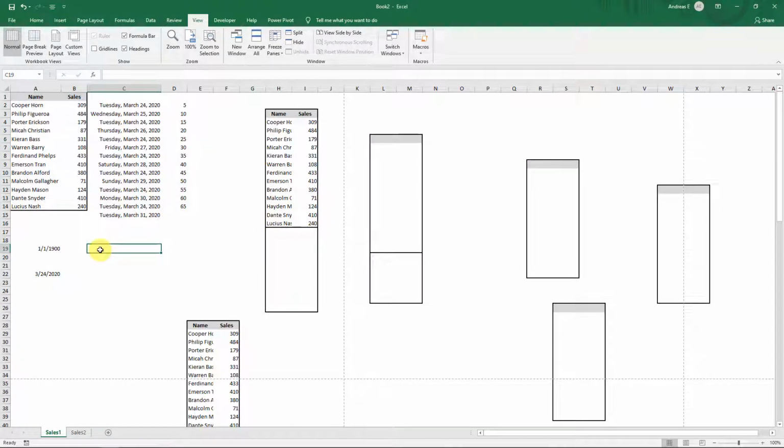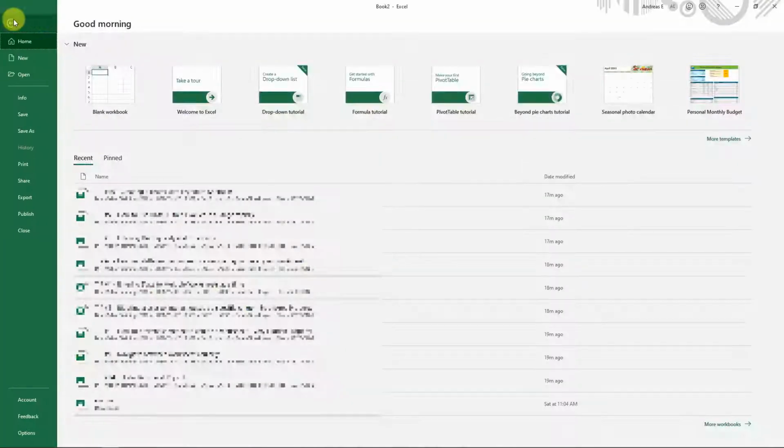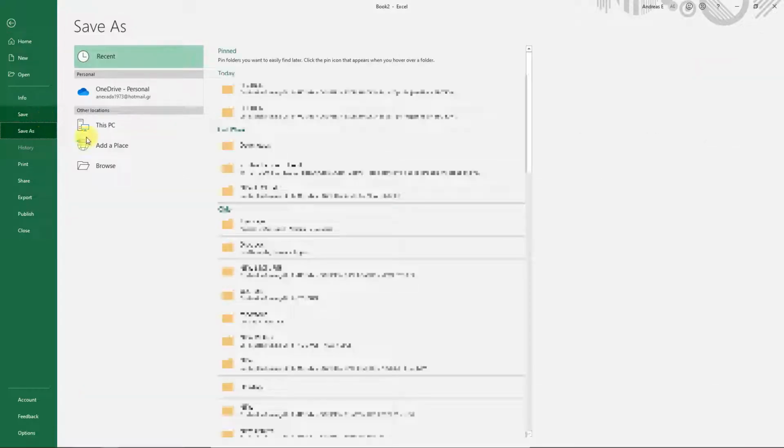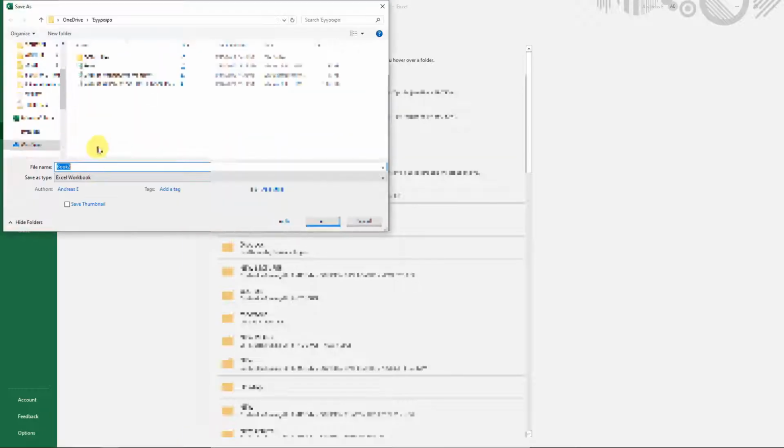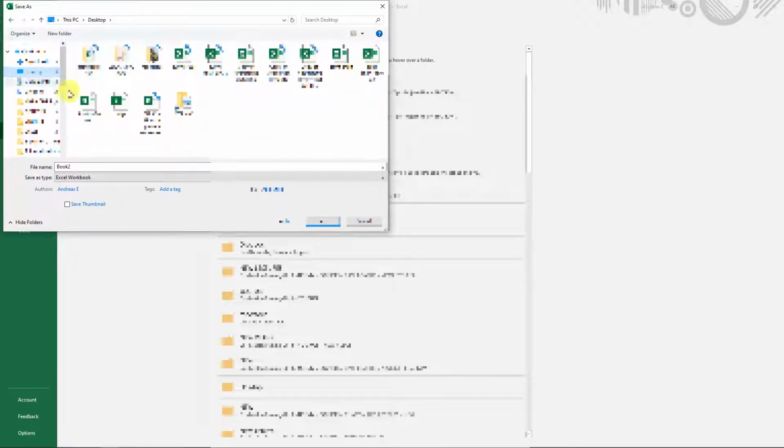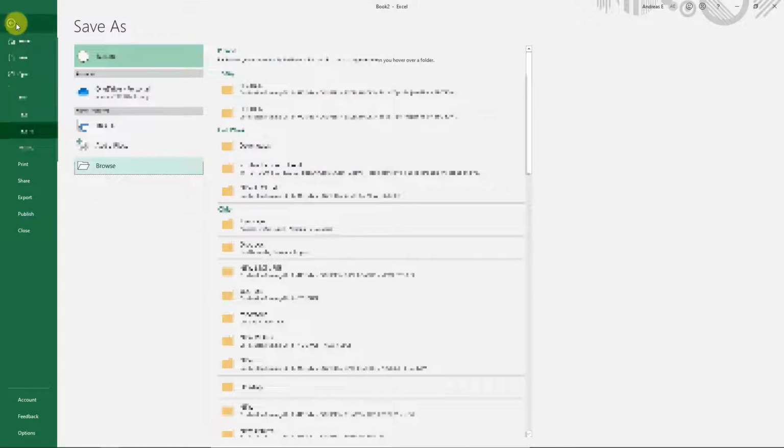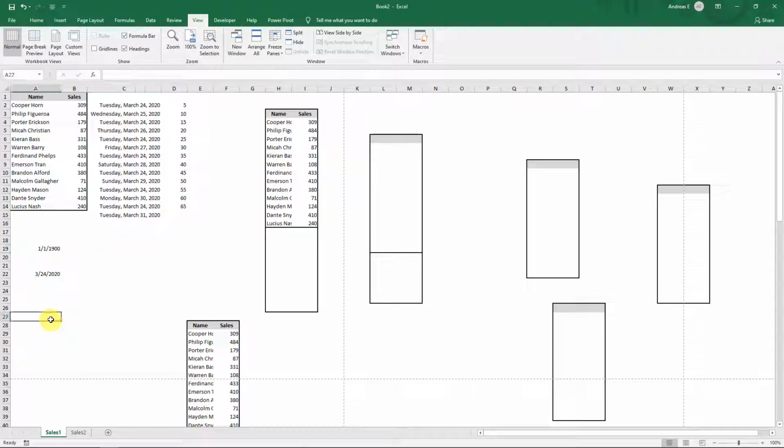Before we close the workbook, we must save the file. So from the File tab, click on Save File and point it to a location. I will choose Desktop. We have saved our first file and we have learned some interesting things in Excel. I hope this has given you a good overview of Excel.